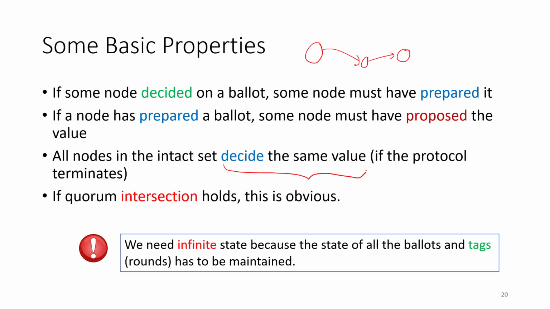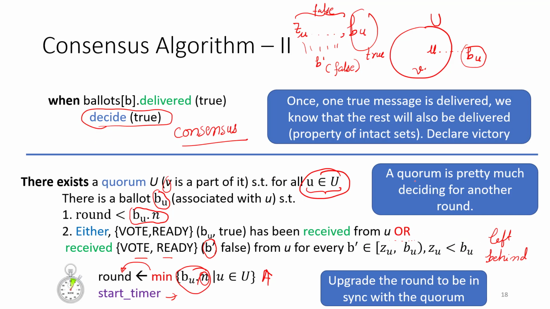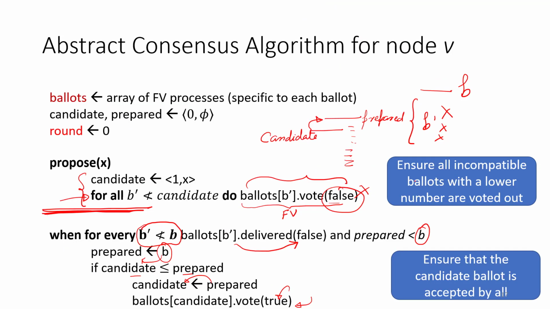All the nodes in the intact set decide the same value. So this we have been discussing for quite some time now, that it is not possible for the nodes in the intact set to decide some other value. And this is a direct result of the federated voting protocol, because of quorums and quorum intersections and so on, given the fact that all quorums intersect at least at a correct node, and the correct node can only decide once, right? And for the same round, it actually cannot prepare different values, right? So that is not possible, if you take a look at this algorithm over here.